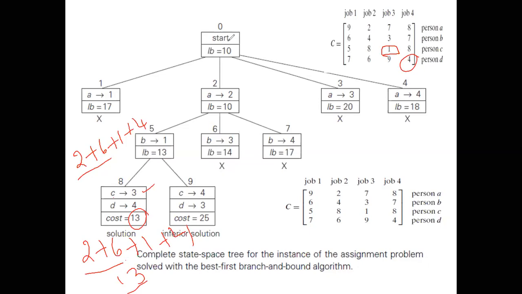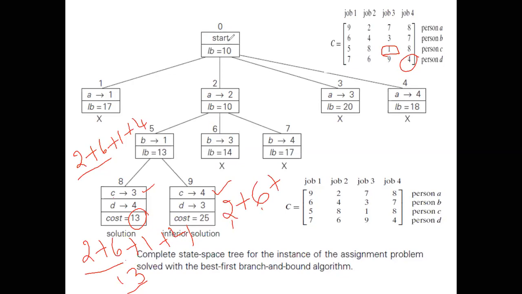One is assigning job 3 to person C or assigning job 4 to person C. Only two options left out, right? So we have done with job 3. Next, assign job 4 to person C and check the total cost. Here in this case, again 2 and 6, that is the cost of assigning jobs to A and B is fixed. So 2 plus 6.